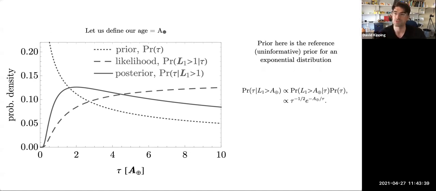And when we try to infer it, we get the posterior that you can see in solid, just from our one data point. I'm being very ambiguous with our age. We just call our age A Earth, because how do you even define that? Is that when we started radio? Is that when we started farming? I don't know. So we just called it a symbol, and then everything's relative to our own age in what follows.